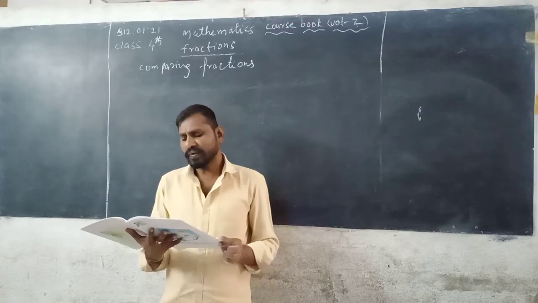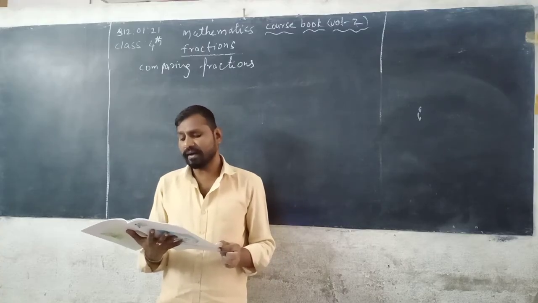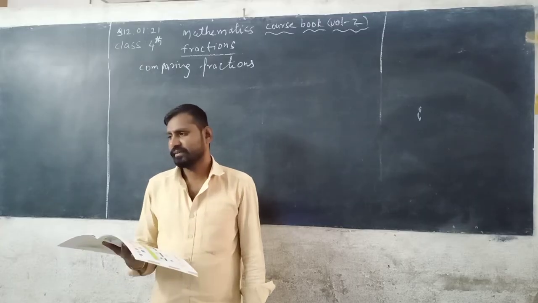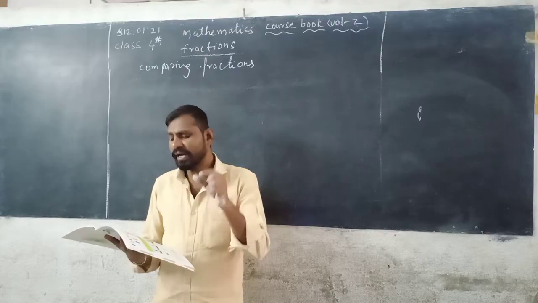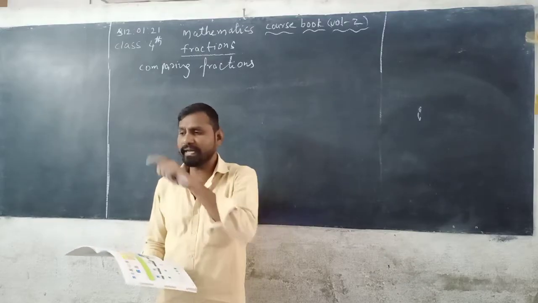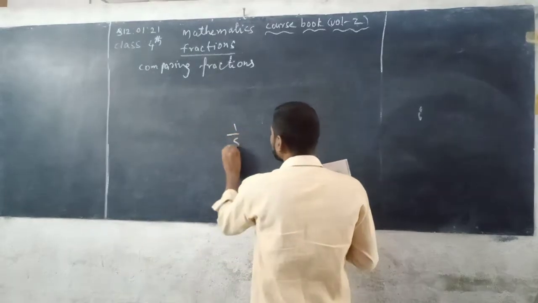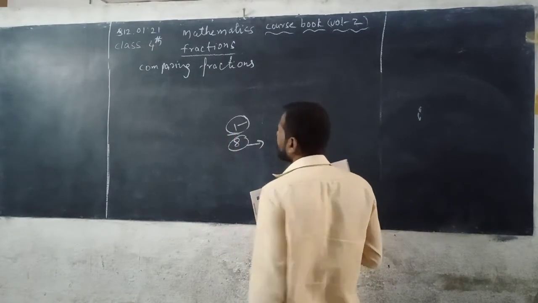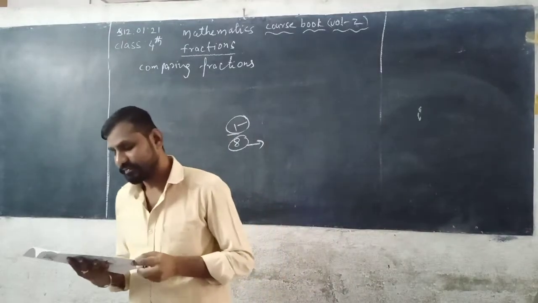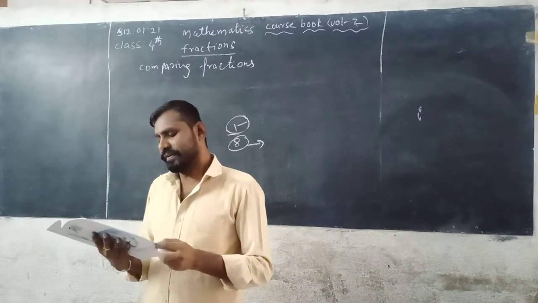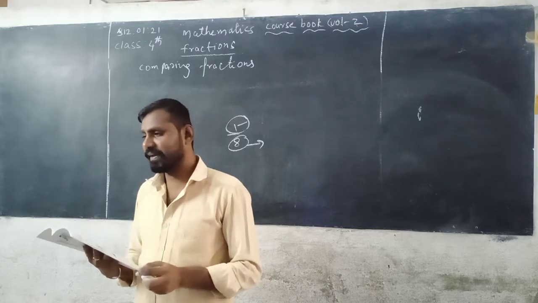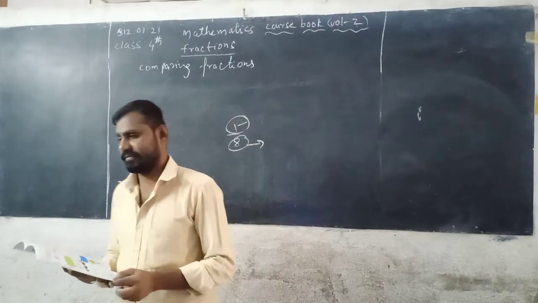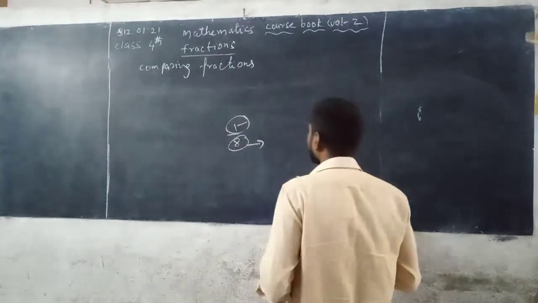Rohan has given 1/8 part of it to Vinay. So Vinay's share is 1/8, which means out of the total 8 pieces of chocolate, 1 chocolate is given. 2/8 means out of 8 chocolates, 2/8 part is Vishal's. So Vishal has taken 2/8.